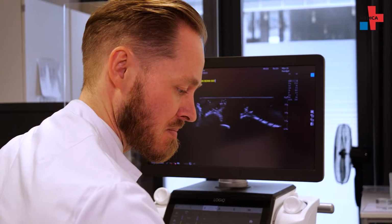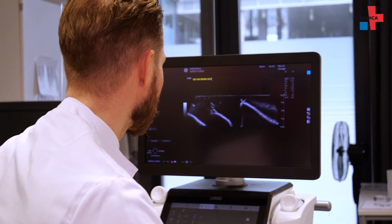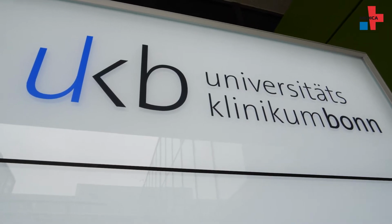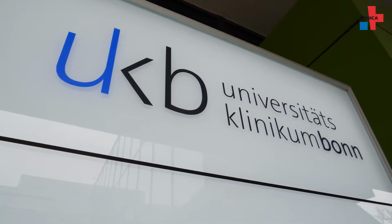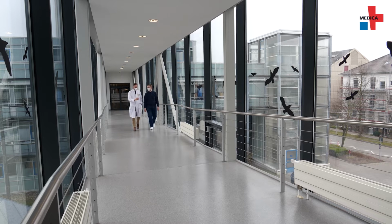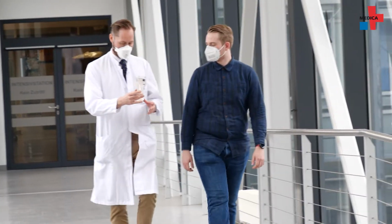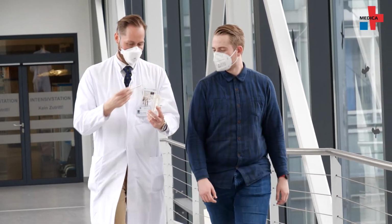Practice makes perfect, even with sonography. But how do you train if there are no suitable patients available? The Rheumatology Research Group at Bonn University Hospital asked themselves this question and developed their own solution. Joint and artery models from the 3D printer now help them to train sonography in order to detect rheumatological changes